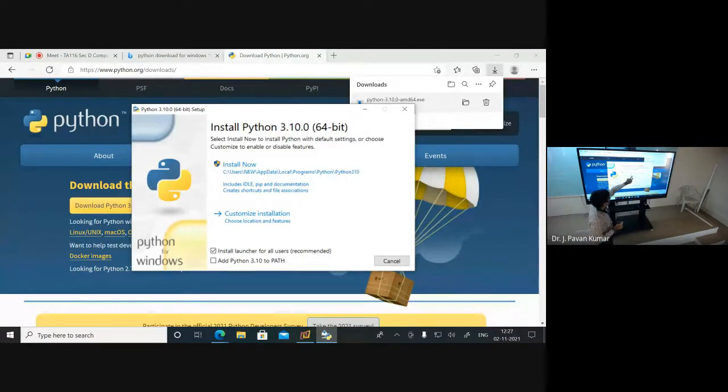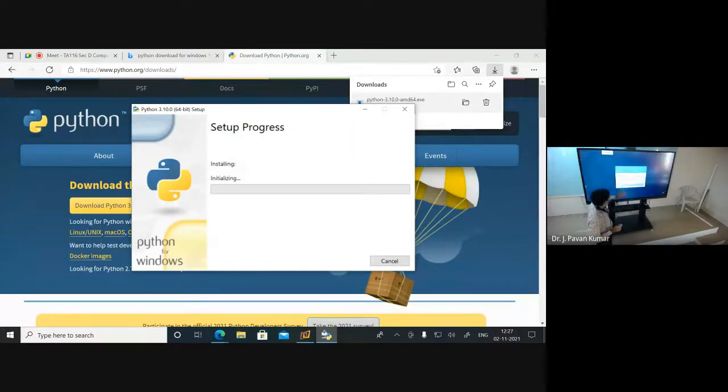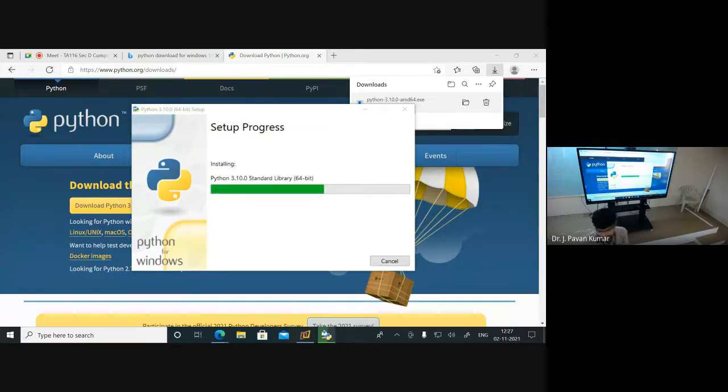Now you install here, give permissions. Tomorrow at what time will we start? 11 o'clock or 11:30? 11. Okay, we will start at 11 o'clock. If you want, I can start a little early also. 10 o'clock is also fine for me. 10 to 12. 10:30 onwards we will start. Okay.